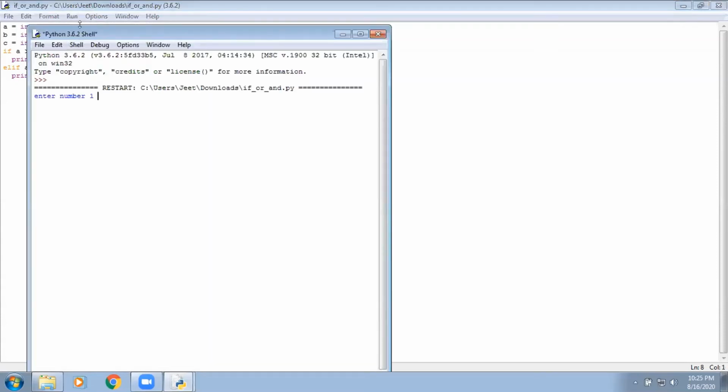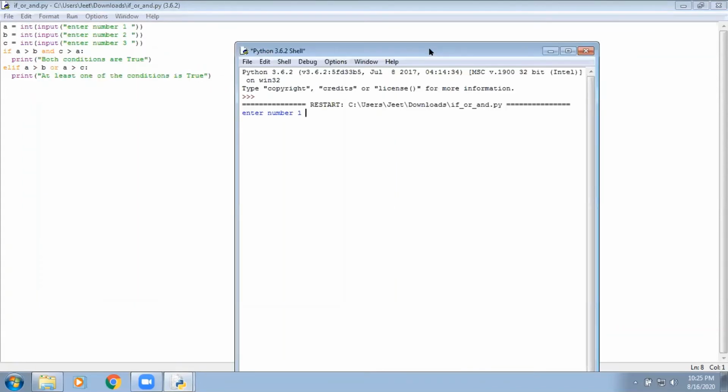So let's give random values like 1, 2, and 3. I'm taking it randomly. Let's say number one as 2, then number 2 as 1, and number 3 as 3. So it's printing both conditions are true. So a is equal to 2, b is equal to 1, and c is equal to 3.